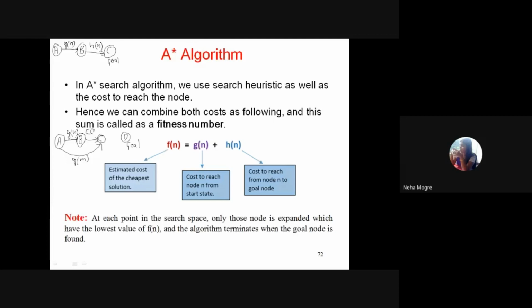If you are moving from B node to C node, which is some other node, not a start node, that cost is calculated by C of n comma m, and that cost is taken into consideration. And from C to D, again we have some h of n value.